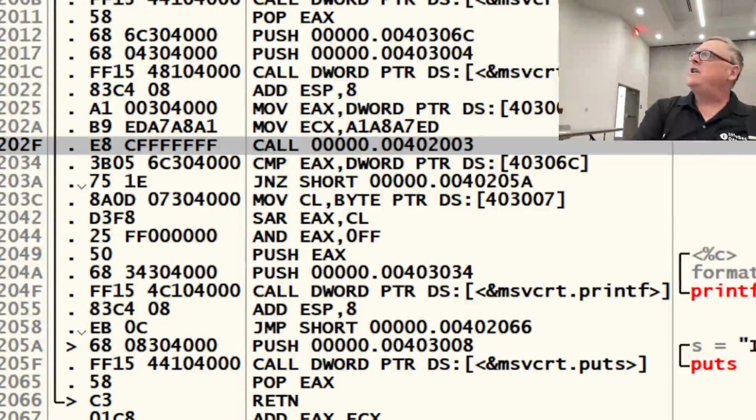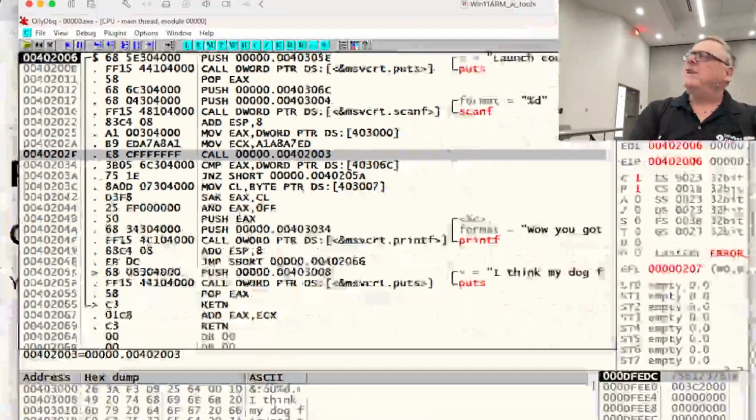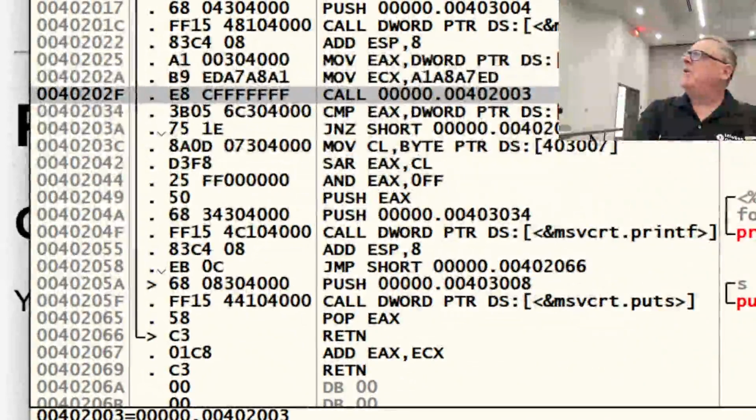Here's where it reads the data from the user. It does some kind of math on it. Here's where it does a comparison to see if it's right or not. And here's the jump. If it's not 0, it jumps down to 205A, which is here. And then it says, I think my dog, this is the insults. So you win if you don't do the jump. So you can modify this game by not doing the compare and not doing the jump, and then you'll always